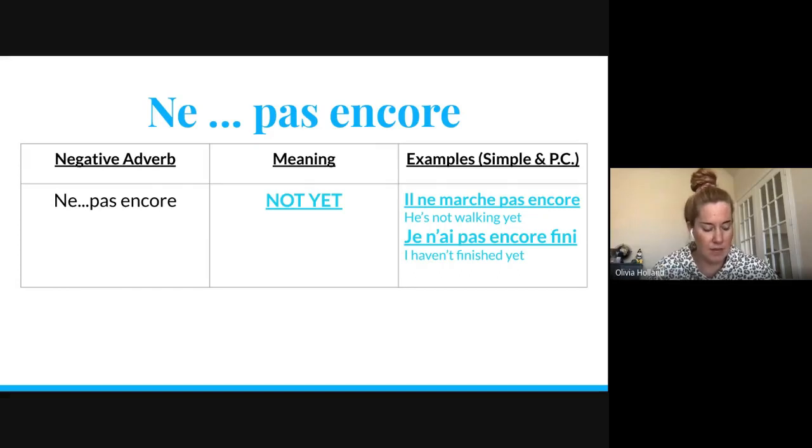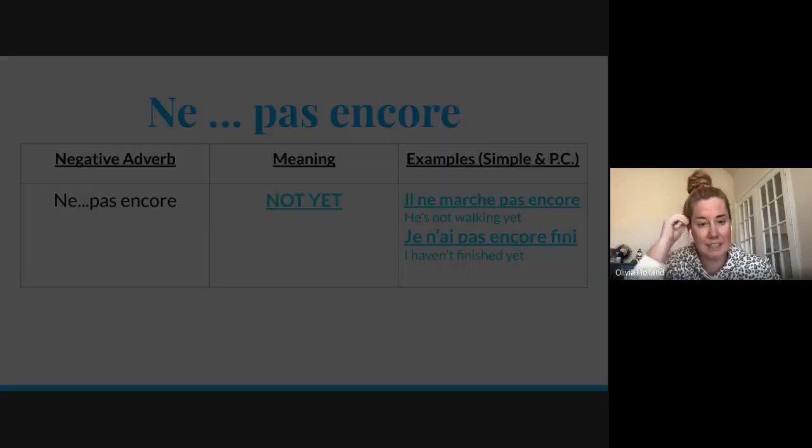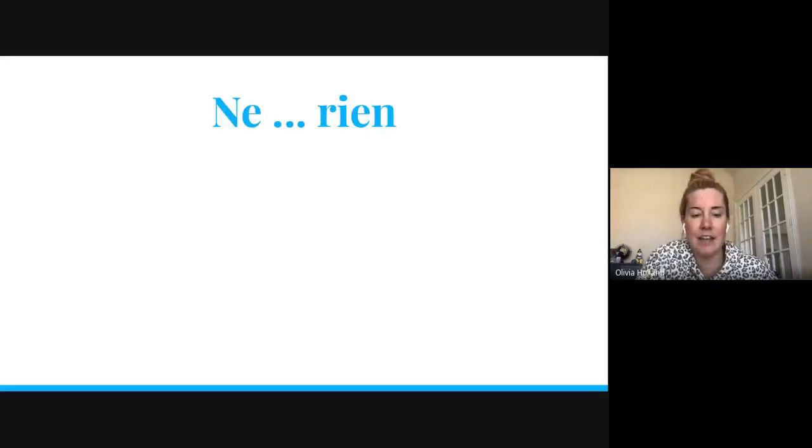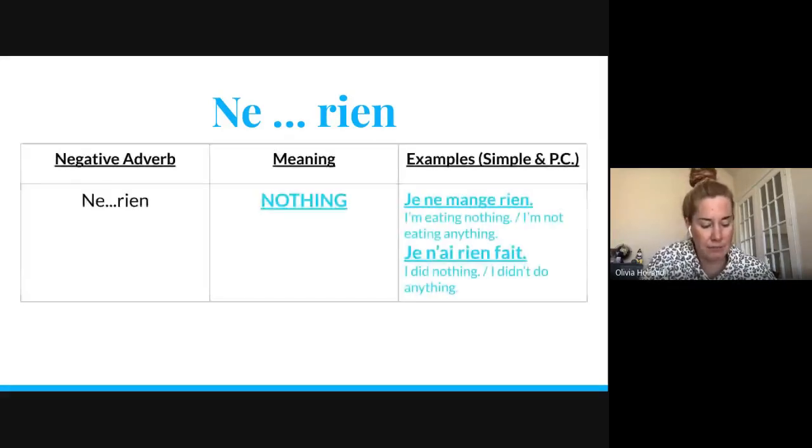The next one is ne rien. It's pronounced rien, and ne rien means nothing. So for this one, you have two examples, but again, you just put it around the verb. One thing to note about this one, in general in French, when you're speaking informally and writing informally, colloquially, they say,